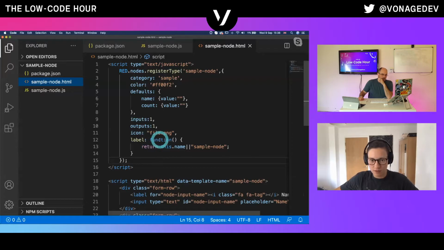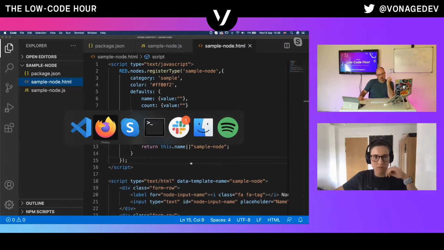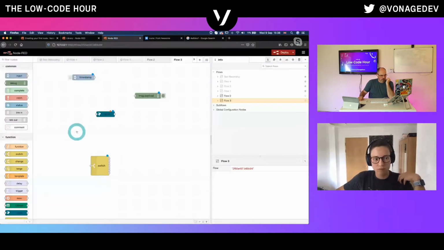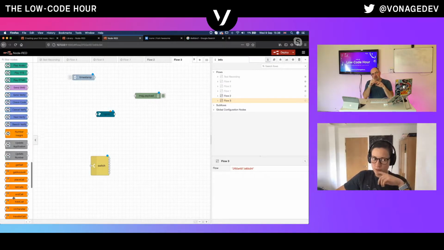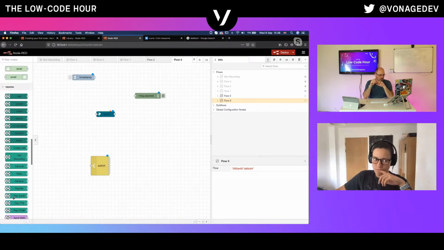And yeah, label. This is just what is the label when it's on the canvas, what it's called. So that can be 2 things now. On there, like ngrok or message.payload or switch. And also by default, it's how it appears in the palette as well. But what you can do is you can create an additional value of palette label